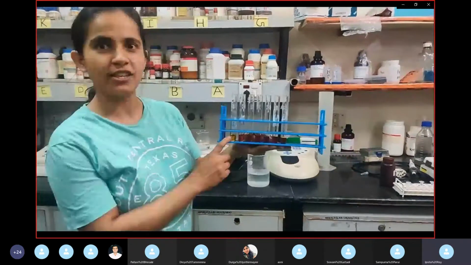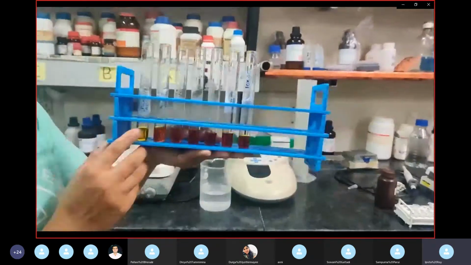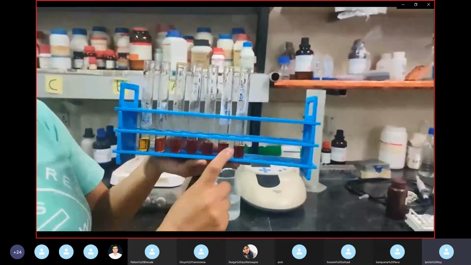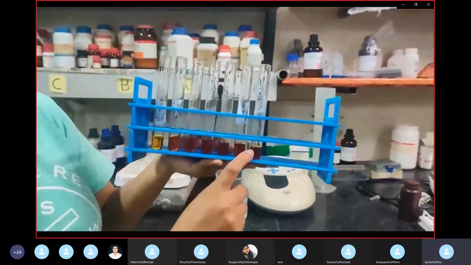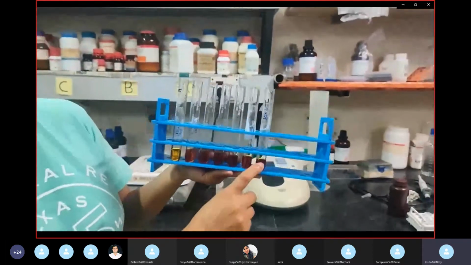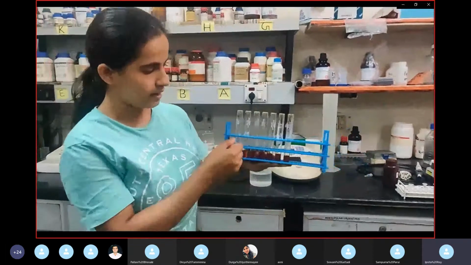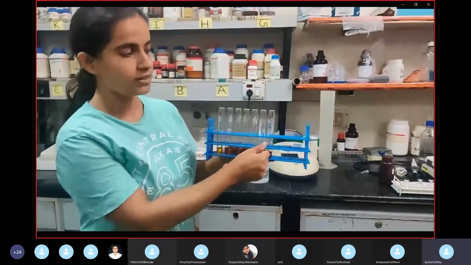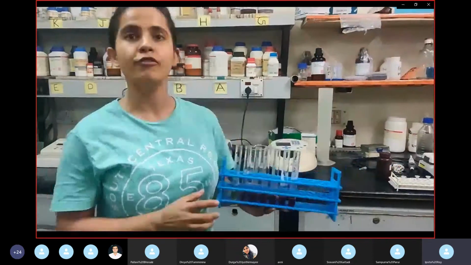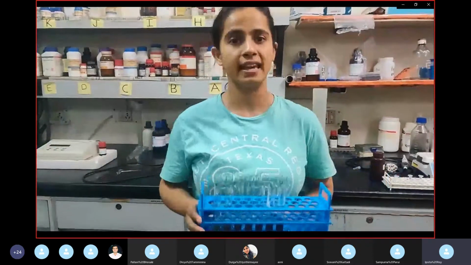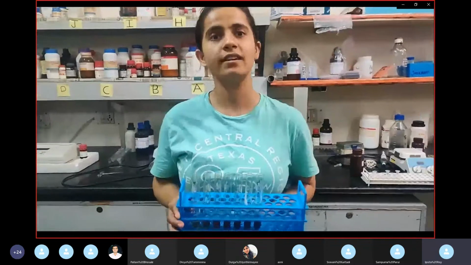After boiling, there is a change in color in each of these test tubes. In the first test tube, there is a blank, and here we have increased the concentration of maltose, and we can see the intensity of the color is also increased with the increase in concentration of maltose. Now we will add 10 ml of water to each of these test tubes, and then we will measure the absorbance in the multi-mode reader, and from there we will measure the amylase activity by using the standard curve of maltose.